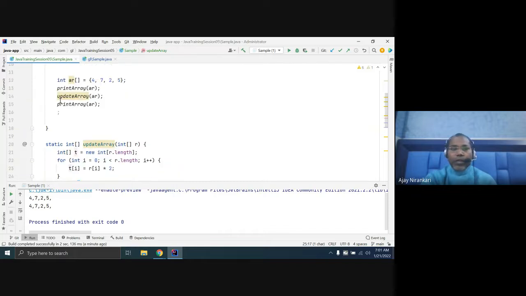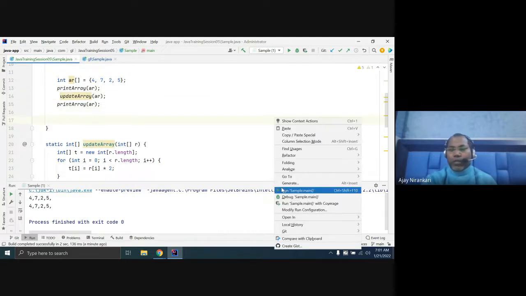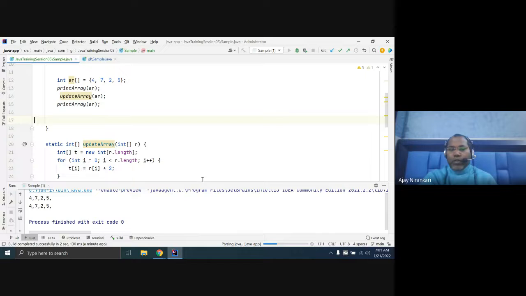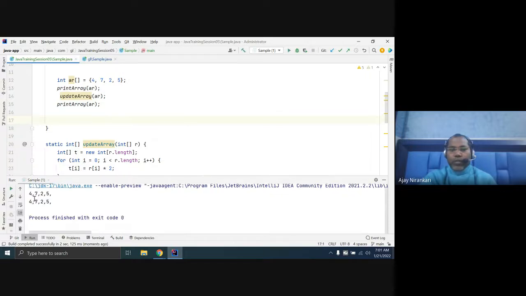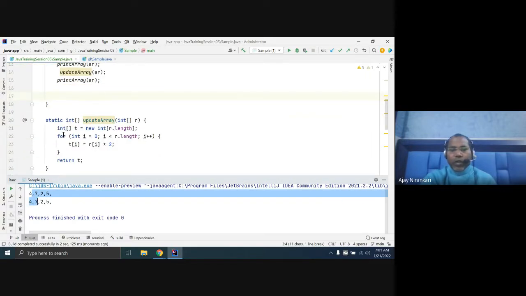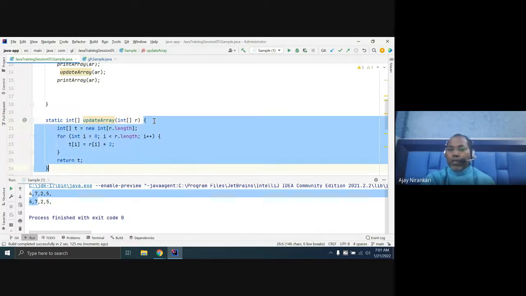Still, if you run this code, you are not getting any output. In this case, our method needs to return the new array which is created by this method only.